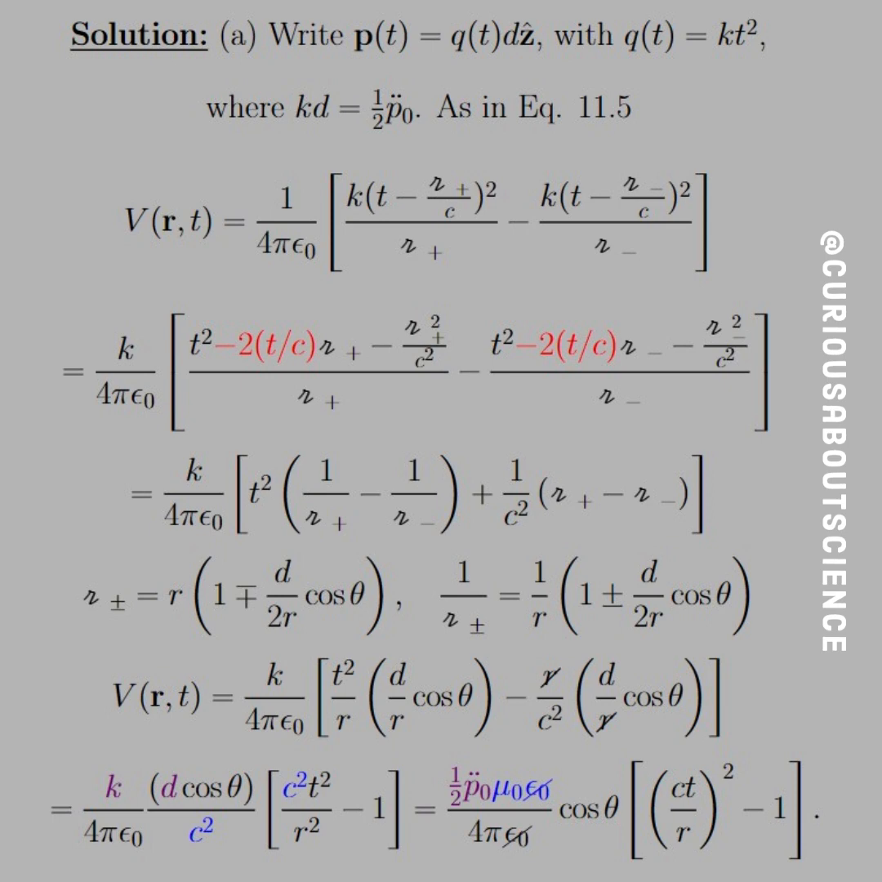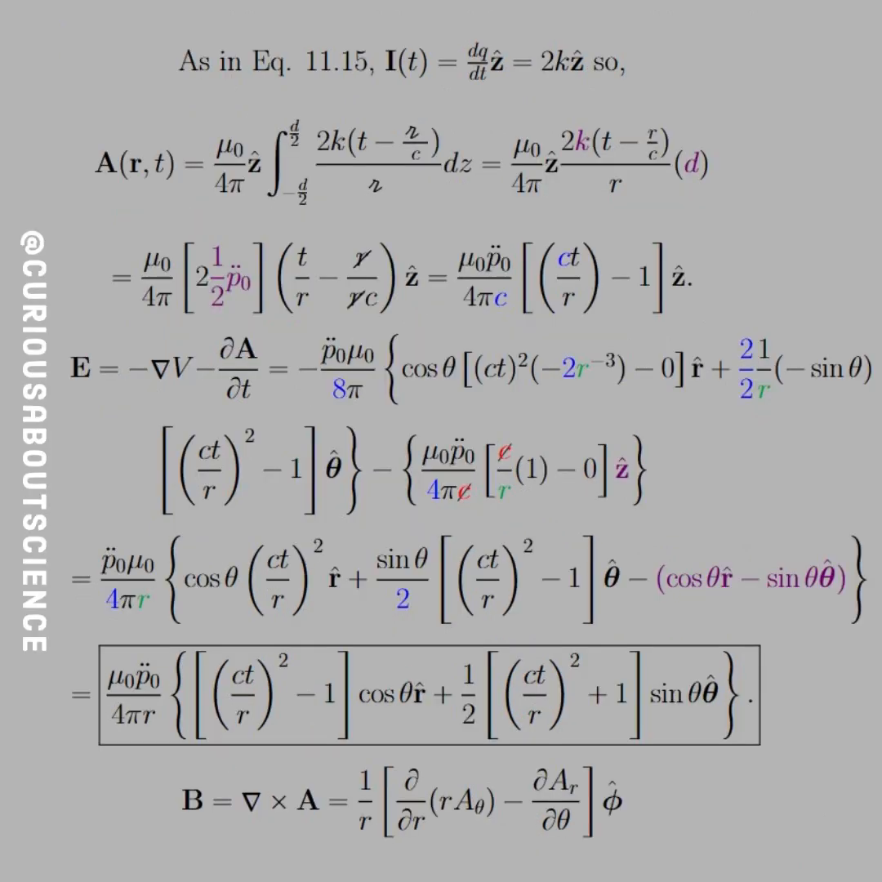So we're cool there. With that being said, we substitute in the mu naught epsilon naught for the 1 over c squared. We combine the kd terms into 1/2 p naught double dot. And we cancel the epsilons and cosines there. We refactor out that square for the ct over r minus 1, and now we're looking pretty good. Here, now we can move forward at least to